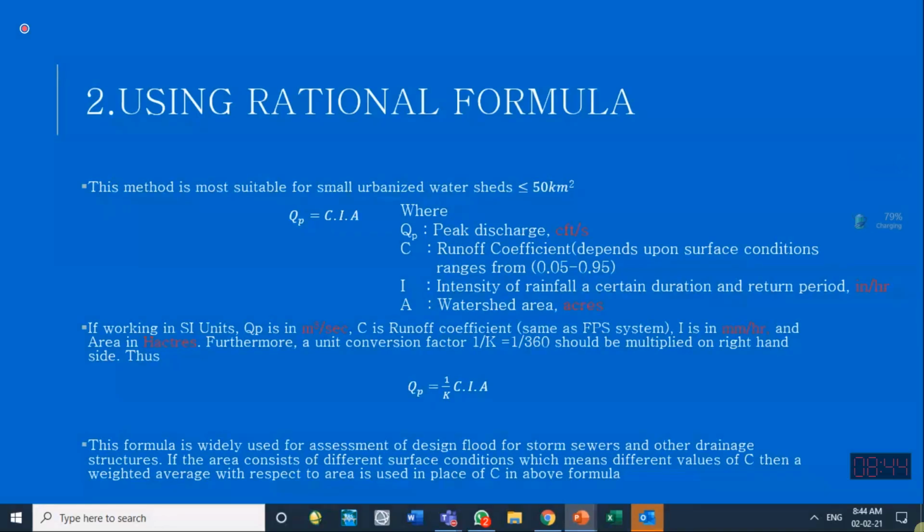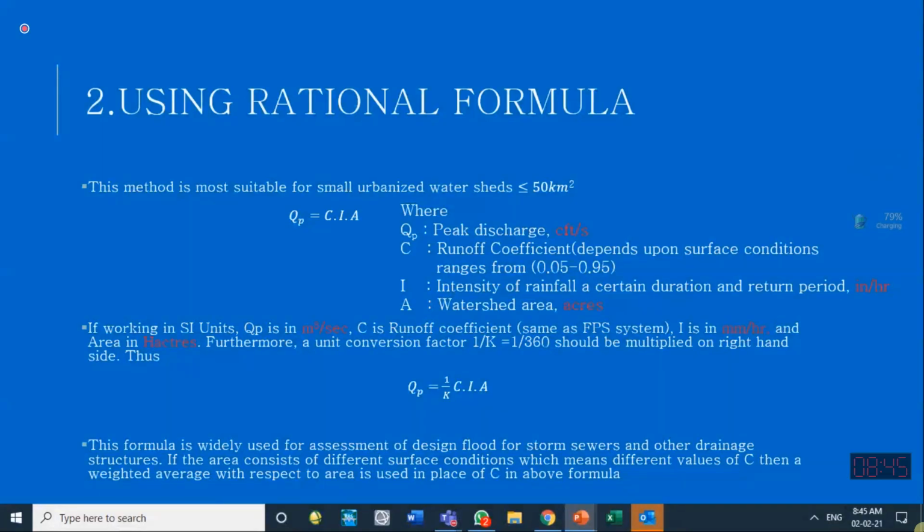So that is a temporary structure. After the construction has finished, that structure is no more required. So we don't have to design it for a return period of 100 years. Sometimes a 25-year or 10-year return period is considered sufficient. What we expect is that if a flood of more than a 10-year or 25-year return period comes, it will breach. But then we will accept those losses, since we design it for a lower return period, expecting that during the construction period, so much flood will not come. So that is the logic behind it.